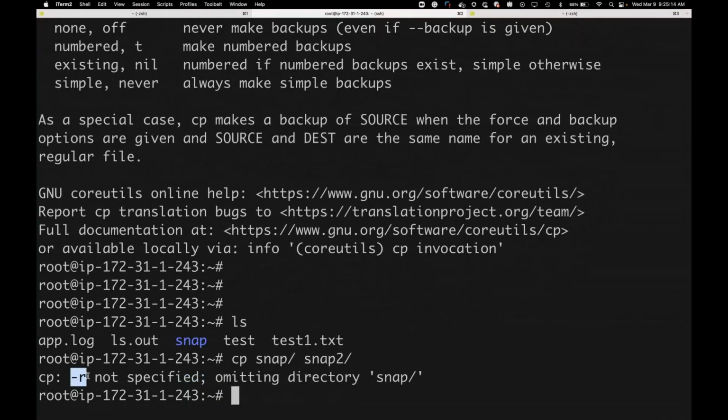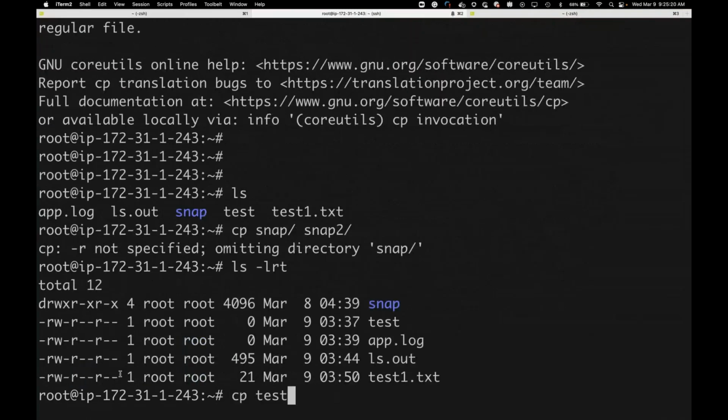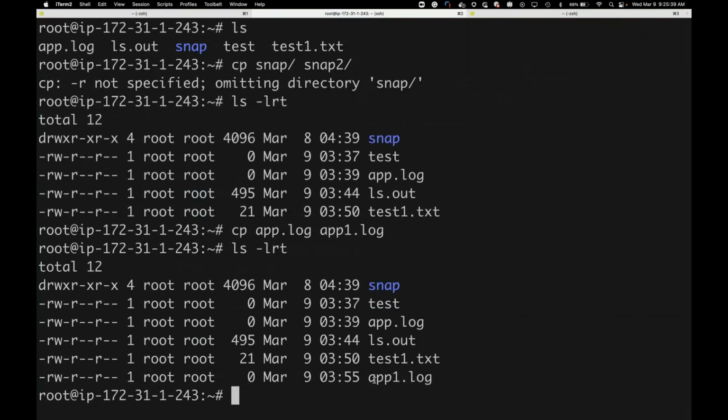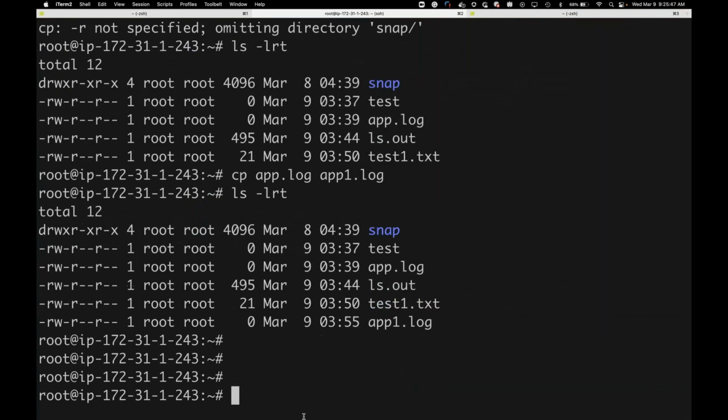Earlier we tried copying test or applog to applog1. The applog file to applog1 was created successfully. There is no error message. And now we can see applog1, which is created recently. Since it is a file, a single file, single record, we can copy directly with the regular CP